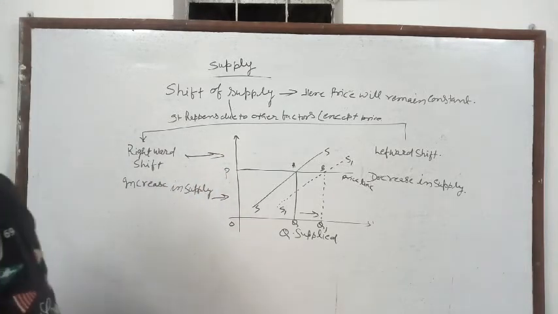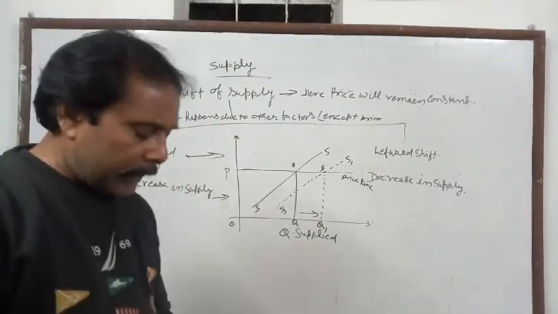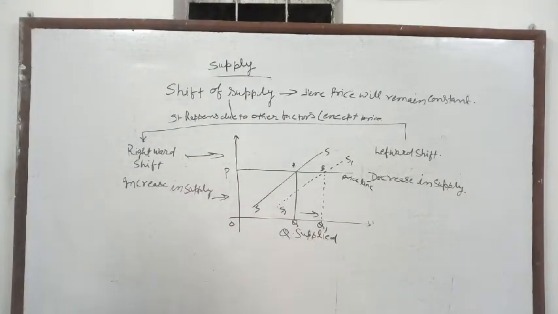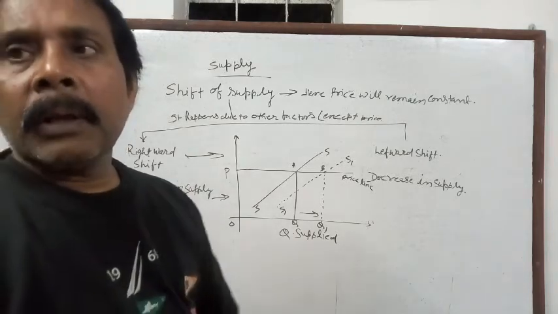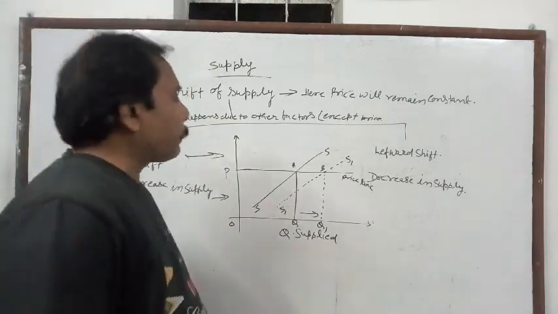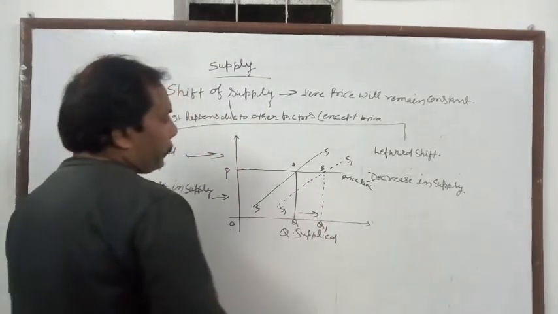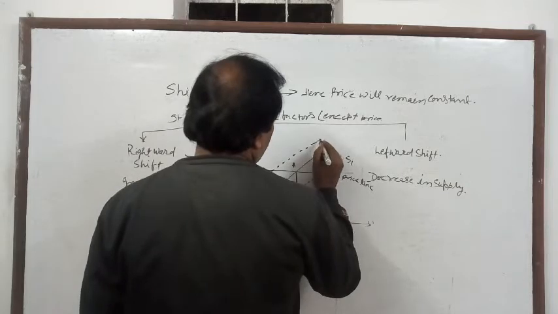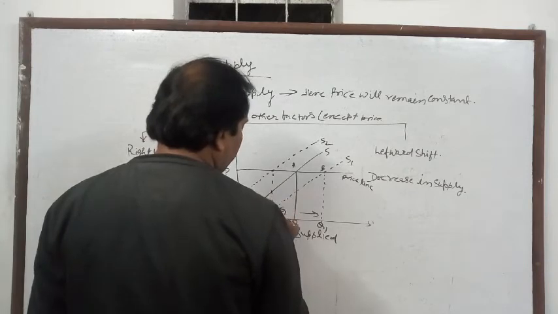Clear? So when the supply curve moves rightwards due to any factor except price, because here the price is constant, then it is known as rightward shift of supply or increase in supply. Clear? Now come to the leftward supply curve. In this situation, what will happen? The supply curve will shift leftwards, that is S2,